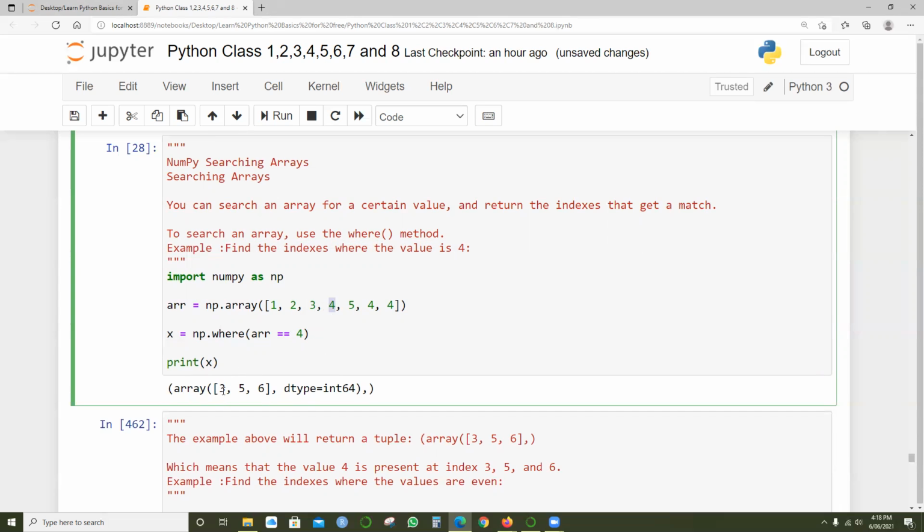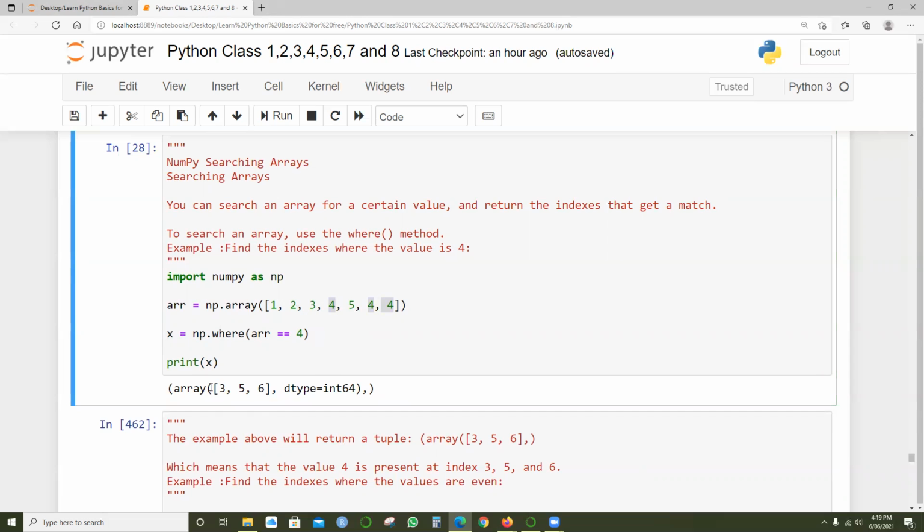That's the reason it's printing the index value, third. Then fourth index is 5, but fifth index is 4. Sixth index is 6. The sixth index is also 4. So 4 we have highlighted, 4 we have highlighted over here, 4 we have highlighted. So when you look at these values carefully, you look for the index values. So 0, 1, 2, 3, 4 we can't print, and 5 and 6.